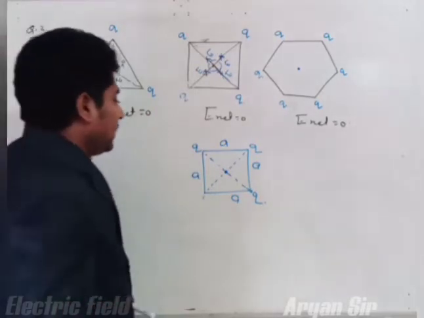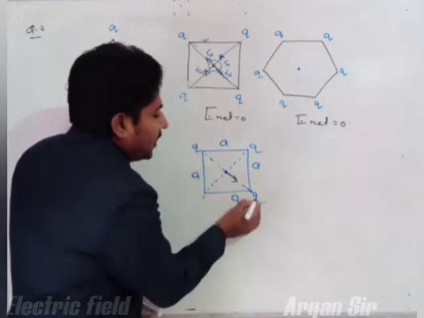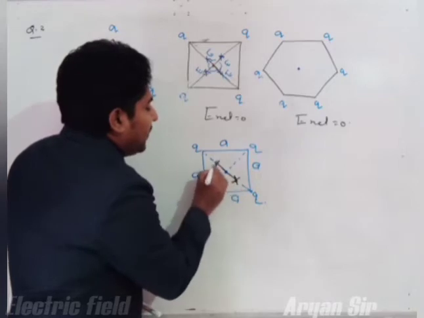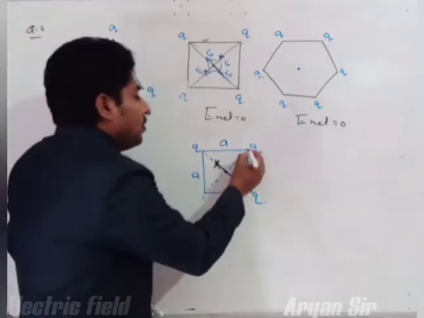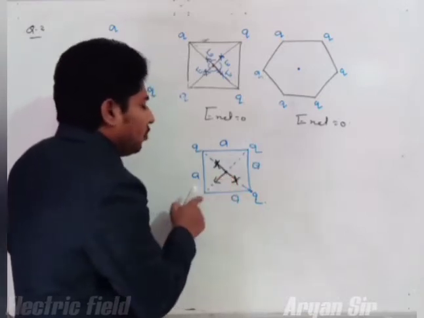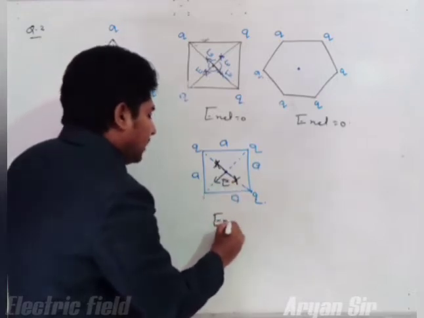Now see, due to this charge the electric field intensity will be here, while due to these charges the electric field intensity will be here. These two electric field intensities will get cancelled because the magnitude will remain the same. Now due to this charge the electric field will be here, but there is no charge, so here the net electric field intensity will be